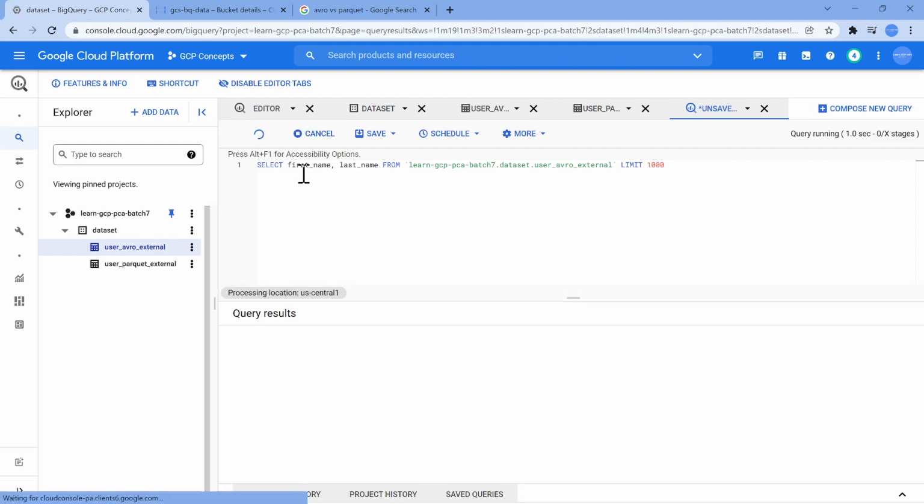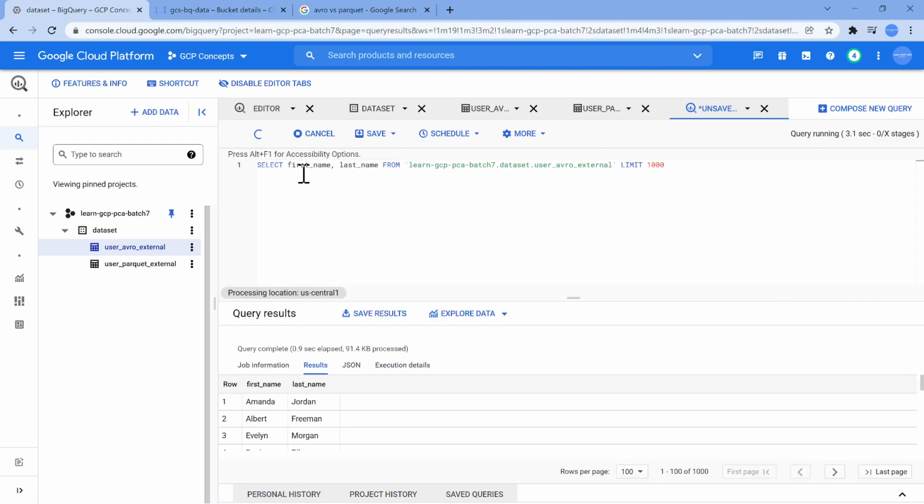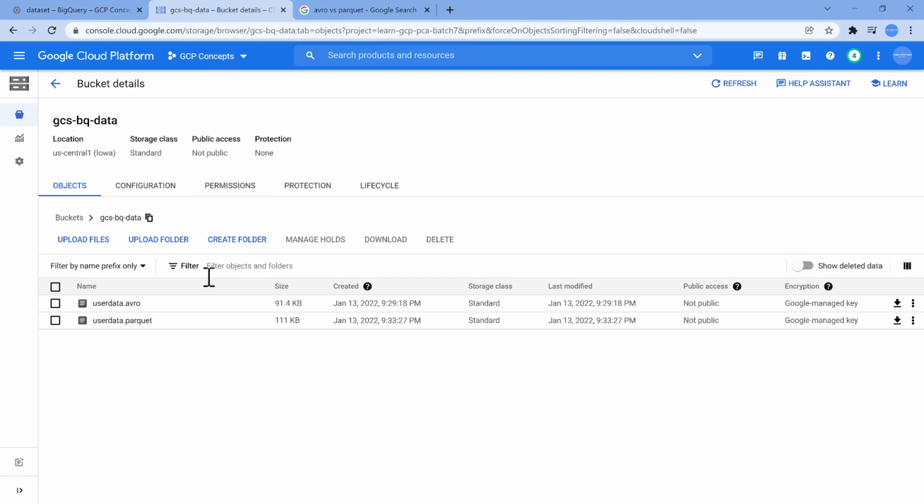It's only two columns, folks, nothing else. Now, if you see, I have queried two columns. Basically, it has scanned 91.4 kilobytes of data. Now, where is this 91.4 kilobytes of data coming from? It is nothing but our Avro file format, meaning it is reading the complete file. That is what you see.